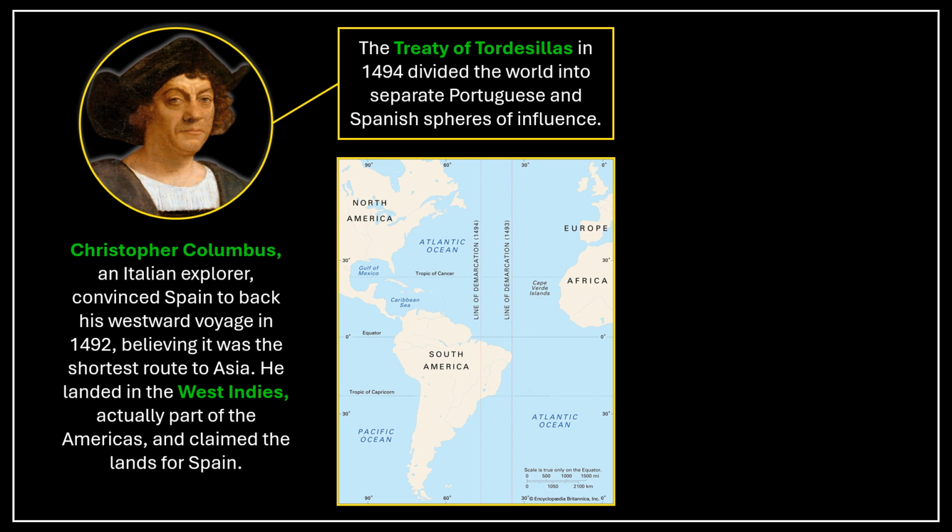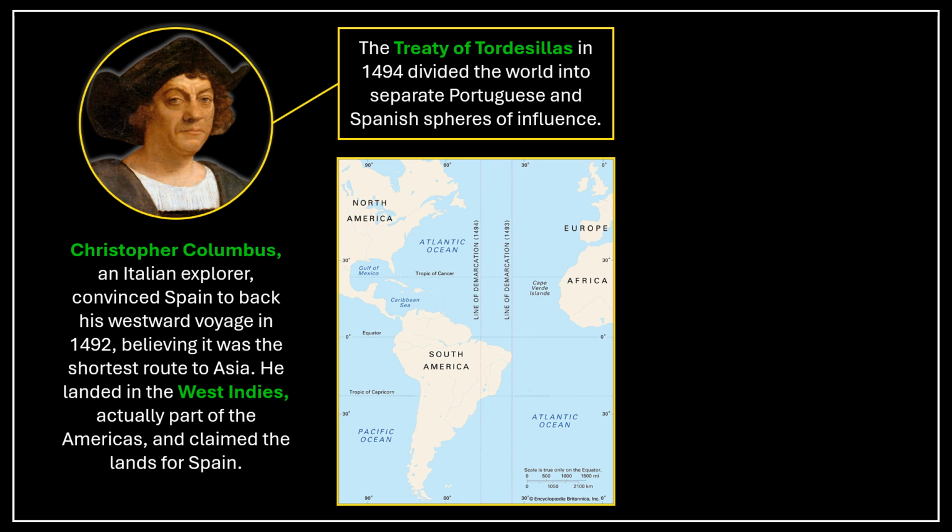So what happens as Portugal and Spain are both exploring, because once Christopher Columbus lands there for Spain, the Spanish ships just do not stop coming west. They just keep coming. Pizarro conquers Peru and Cortez conquers Mexico, and they just take over that entire area. Except Portugal has also decided to come over this direction, and they've settled in what's now Brazil. And so Spain and Portugal start to realize that they're going to be stepping on each other's toes a lot.